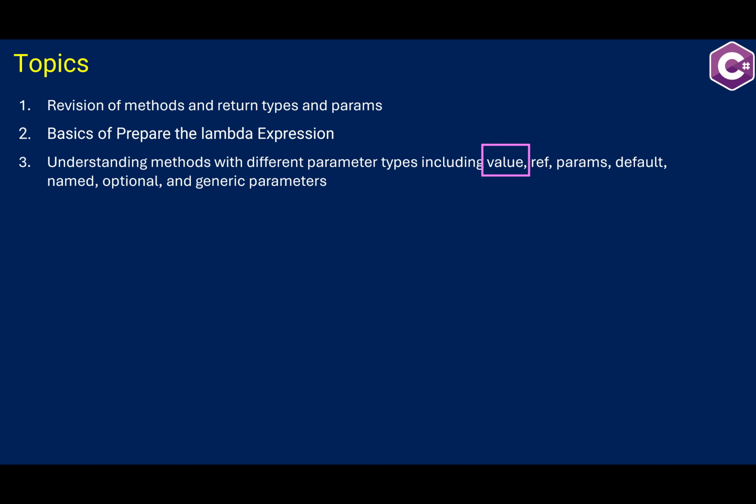Along with that, we will learn the parameter types. Those types of parameters are reference and the way we prepare parameters by using the params keyword, and we will learn what default parameters, named parameters, optional parameters, and generic parameters are. We will learn all these kinds of parameters in this step 3,